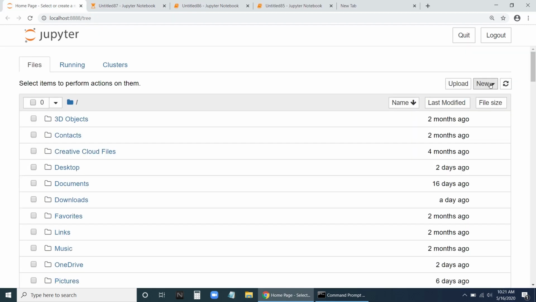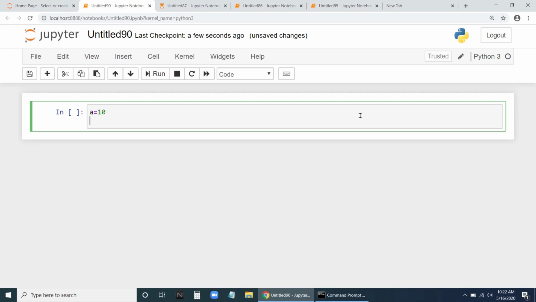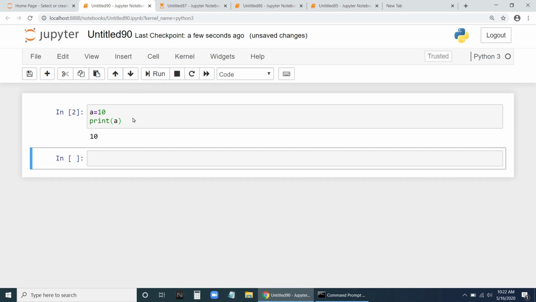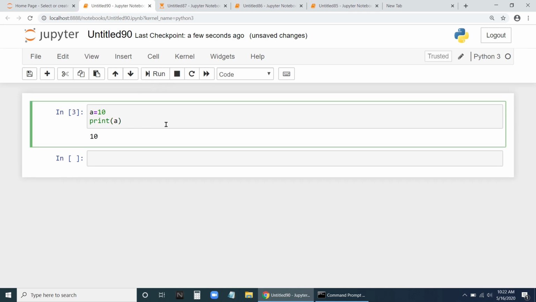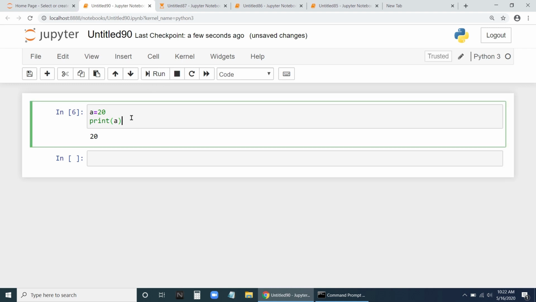Fine. Okay, we are going to open a new page now. In this we are going to see the input function. Before we start with the input function, let us take an example wherein a is equal to 10. Let us print a. Now run this one. Every time we run this, it will be 10 only. This is at design time only, the value we are giving, not at run time. What does this mean? I will tell you. Let us say 20. Now if I run this one, 20. Each time I run, it will be 20 only. It will not accept the value.